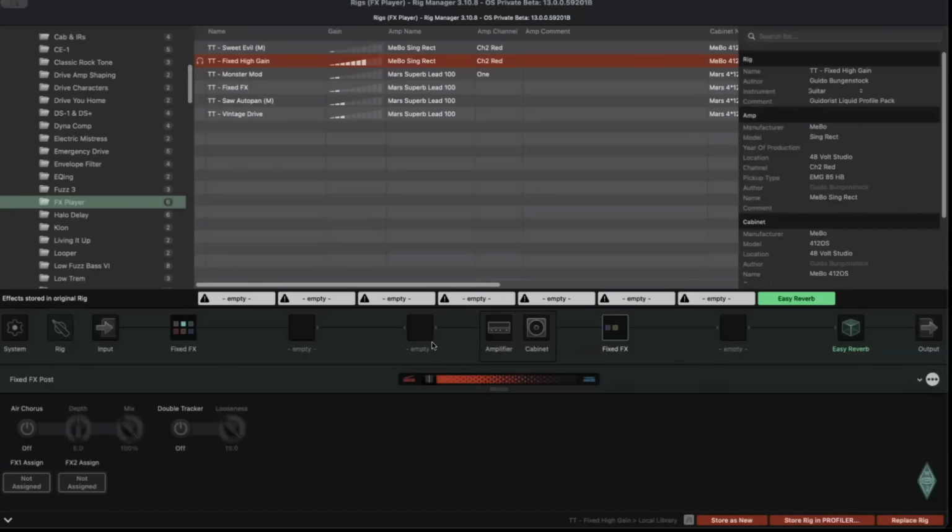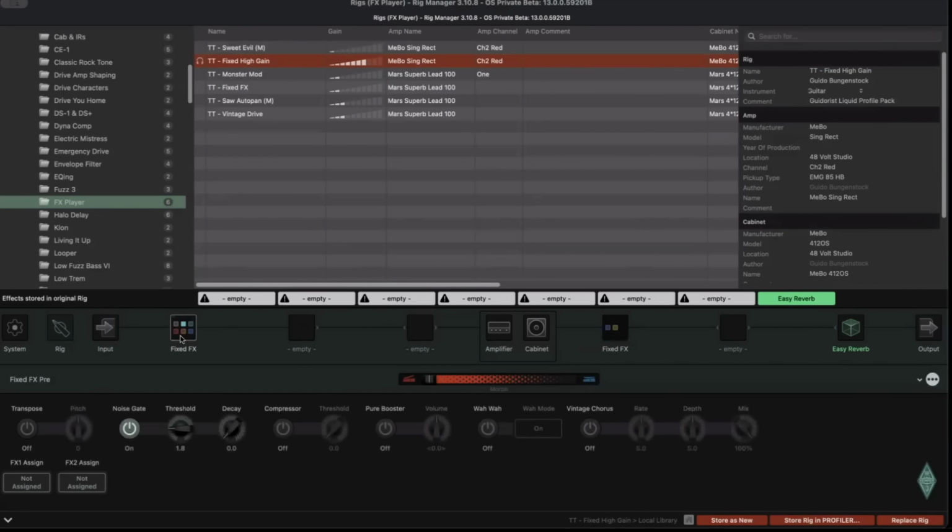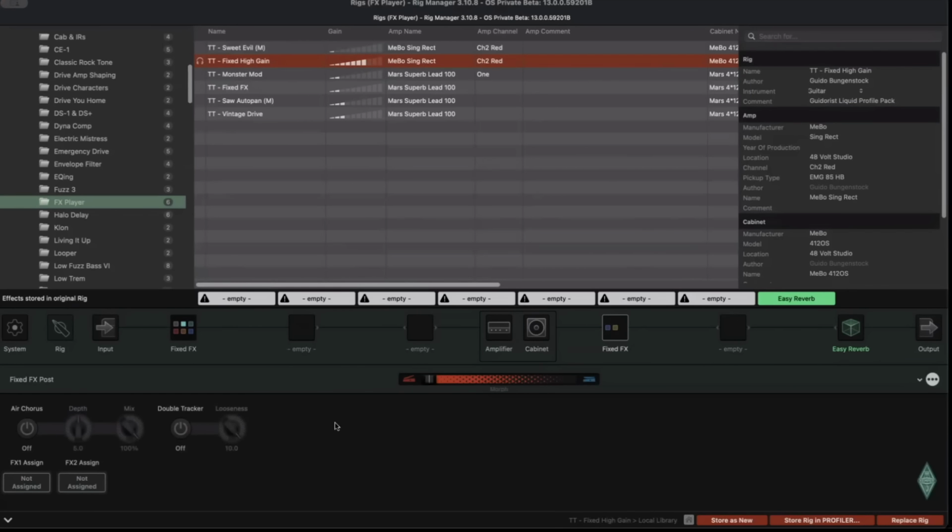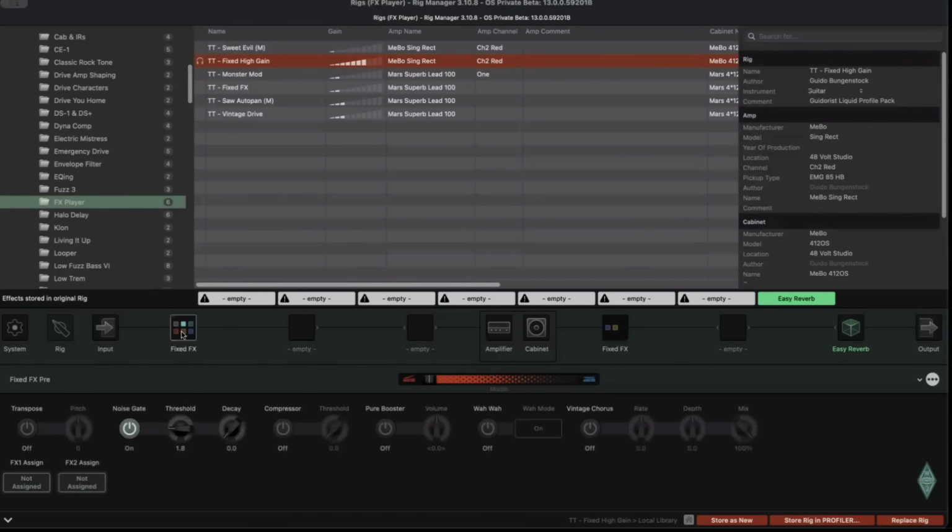Here we are. Okay, so when you are in the fixed effects in both modules, you see FX1, FX2. This is for the profiler player. And these are the two FX buttons on the profiler player and the controls. I will show you them